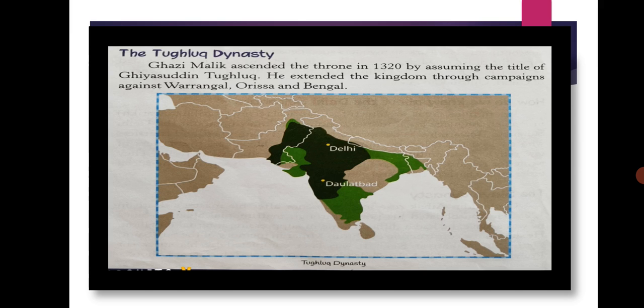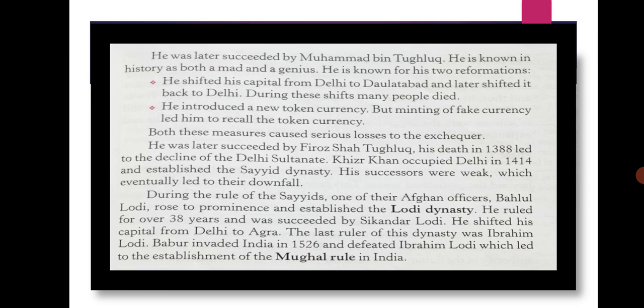So after Muhammad bin Tughlaq, there was a loss of successful rulers. There was no powerful ruler who could sustain the Tughlaq dynasty. They were weak. During the rule of the Sayyids,